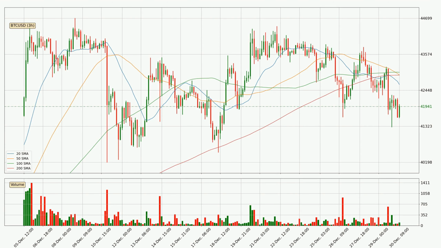Moving to the 3-hourly simple moving averages, the price broke the 20 SMA to the downside decisively with higher than average volume, which is a strong signal. For this time interval, the current price is below all of the simple moving averages, which looks bearish, and you should keep an eye on the closest SMA. The 20 SMA will play as resistance or the price will break above the current price, which is around